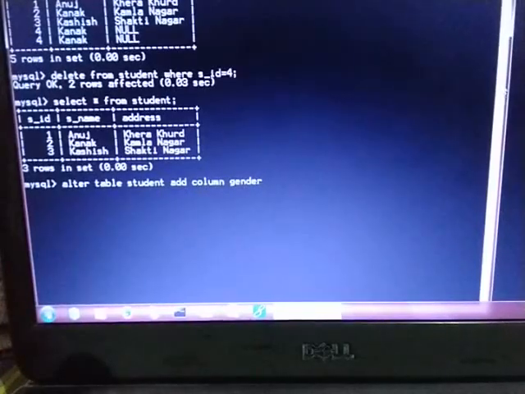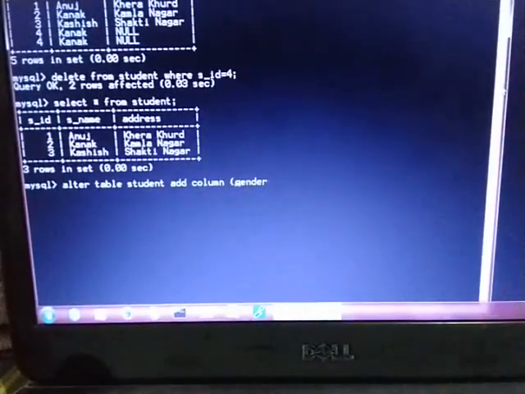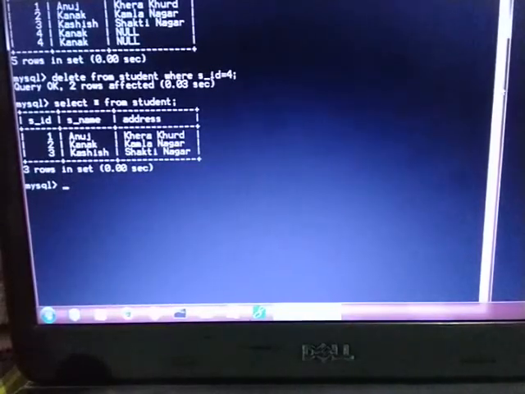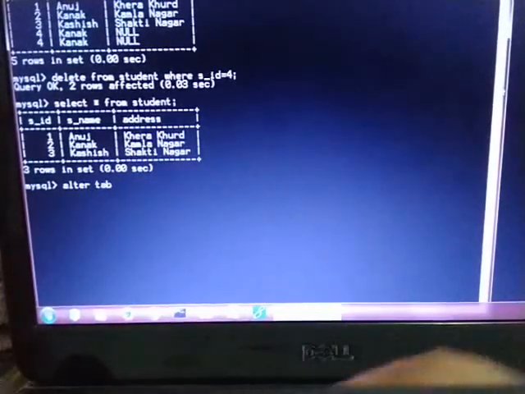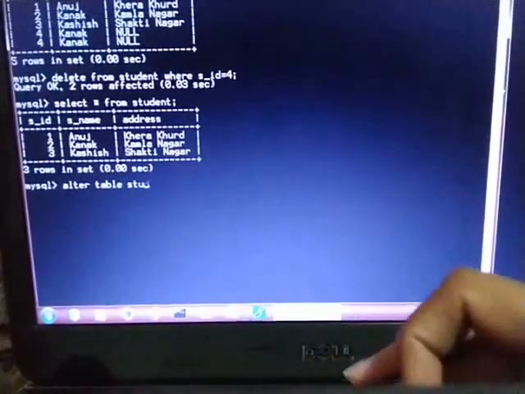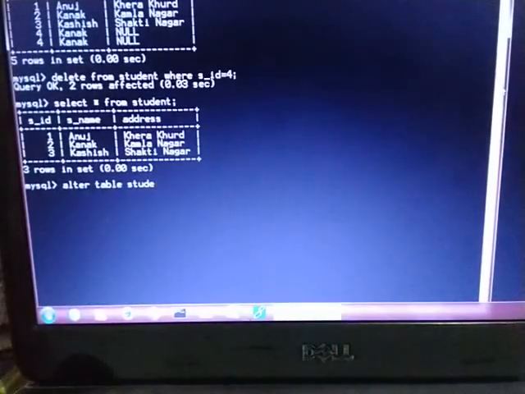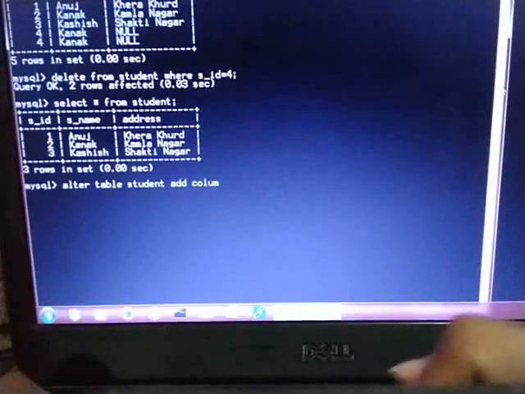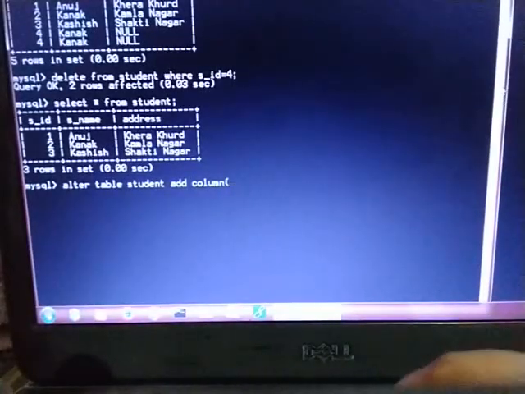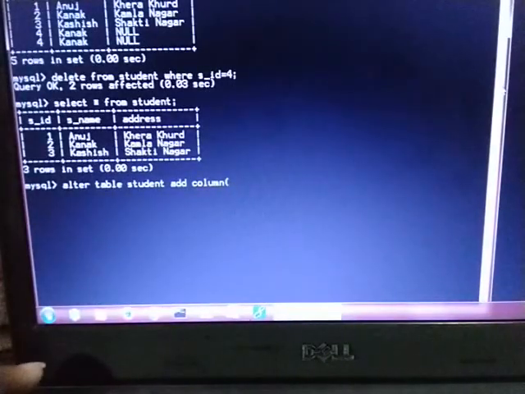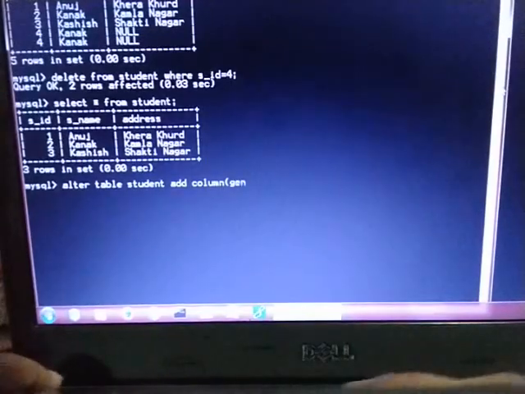So again I have to type because I have pressed the arrow key. So again I am typing alter table student, add column, then the name of the column. Which column do I want to add? I want to add gender.